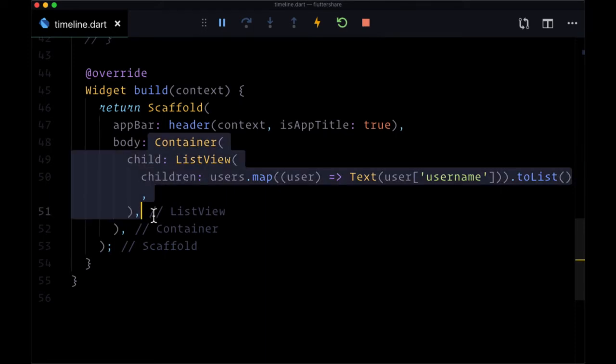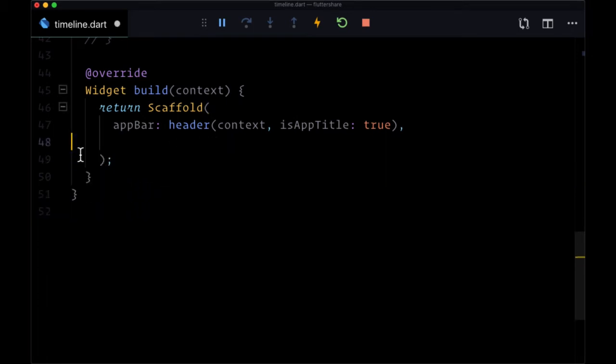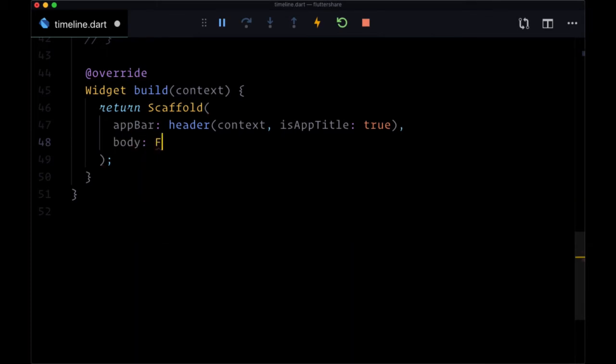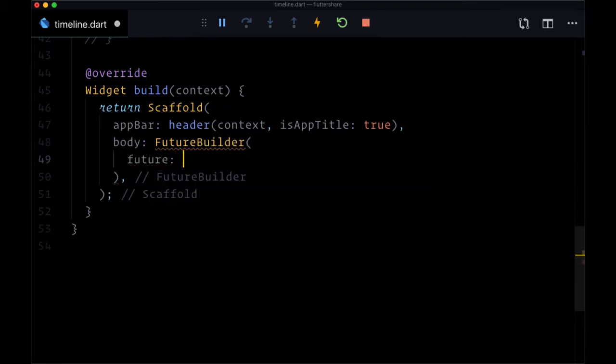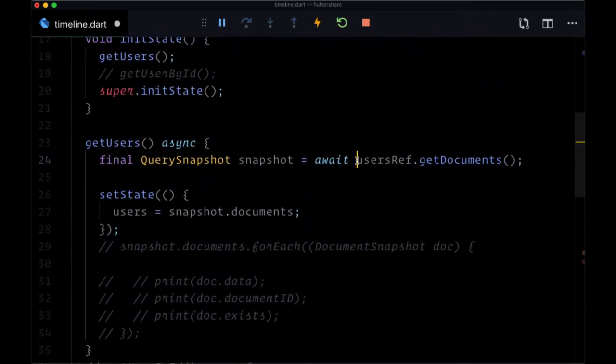We can combine our logic for displaying our data as well as fetching it within a single widget. And that's made available with the help of the FutureBuilder. So directly on the body, we're going to create a FutureBuilder widget, and FutureBuilder accepts two arguments. First of all, a future, meaning the request that we want to make. So that will be